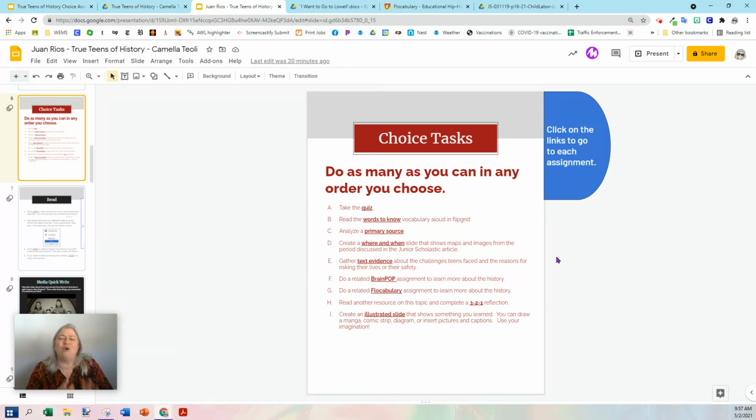So there is no way you could do all of these tasks in 5 days. You can do quite a few of them. So do as many as you can, skip the ones that sound terrible to you, do the ones that seem more interesting, and I hope that you learn quite a bit about a new topic,